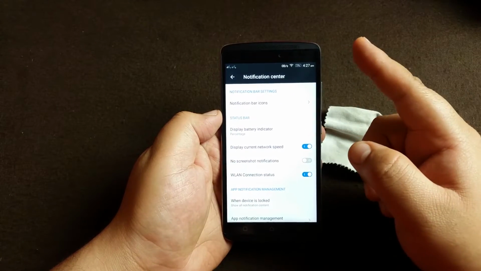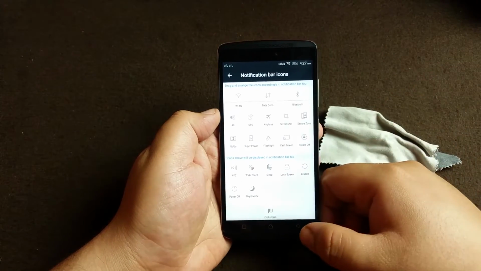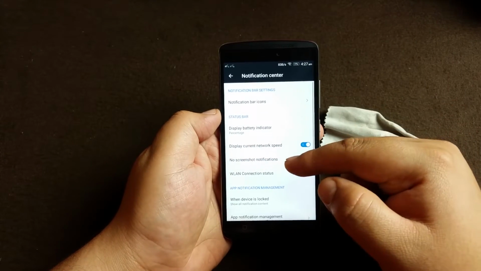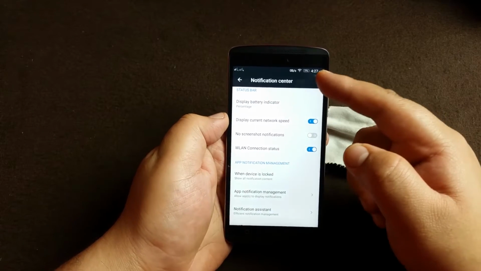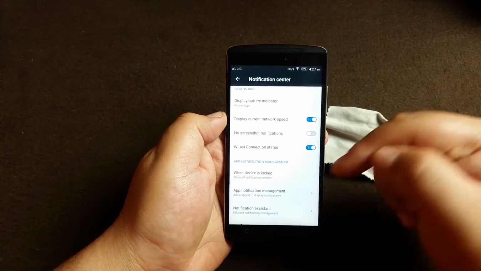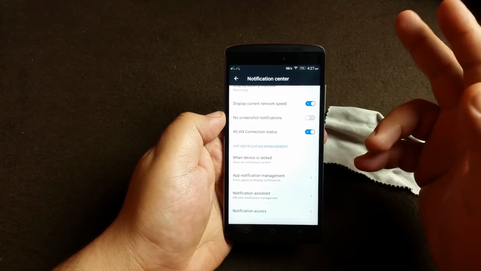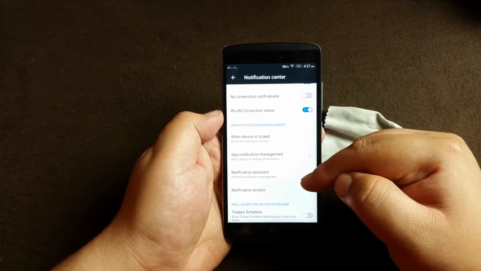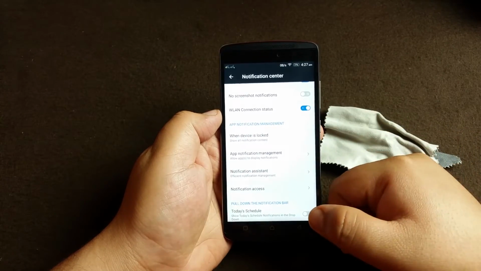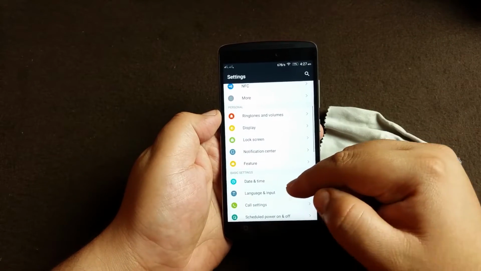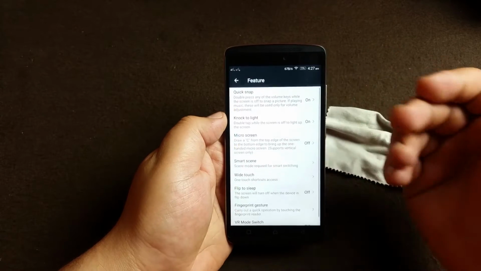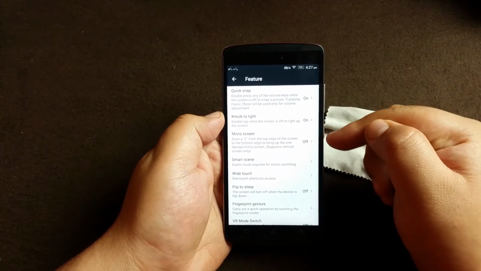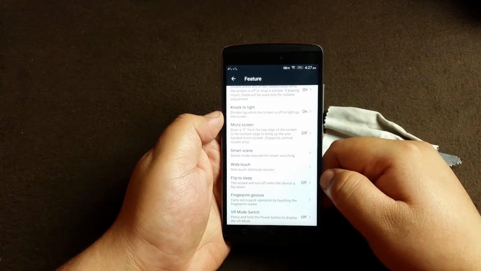Notification center, you can change the notification bars and icons, battery percentage, wireless LAN connection status. As you can see, it's at 0 bytes right now. It even shows the mobile data, and all these things are there. I really don't want to go into detail because they are pretty basic things. Features, again, all of them are similar to the Vibe X3,